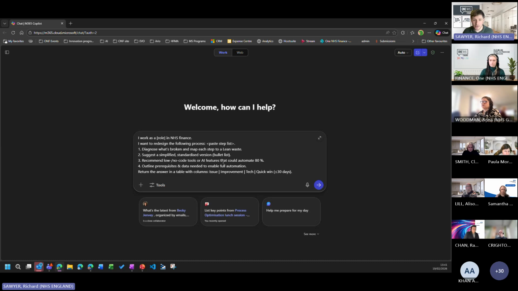So what we're going to do is a very, very small, simple prompt here, and we're going to put in these details. Whose process have we decided, the patient dialysis transport? Whose process is this? If you could make yourself known. It's mine. Hello. What is your role in relation to this process? What would your job role be for this?